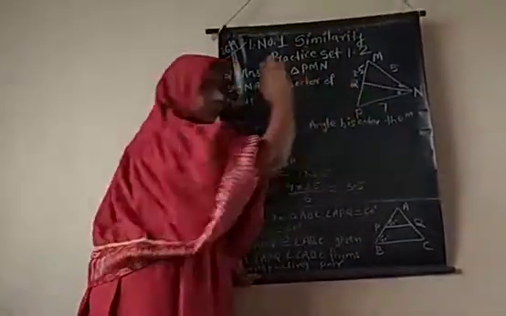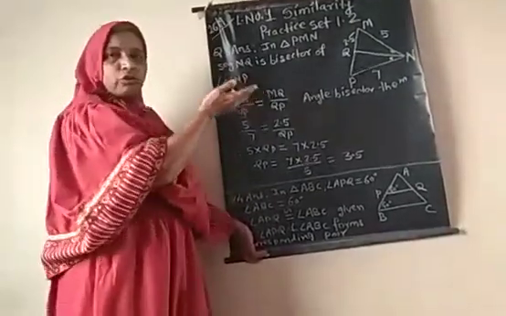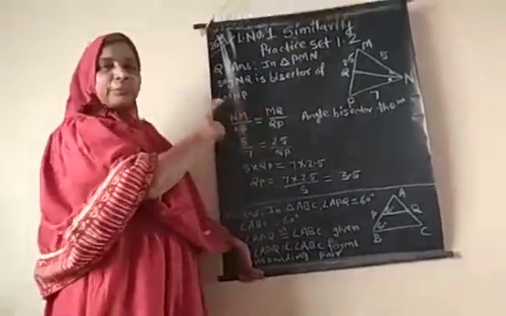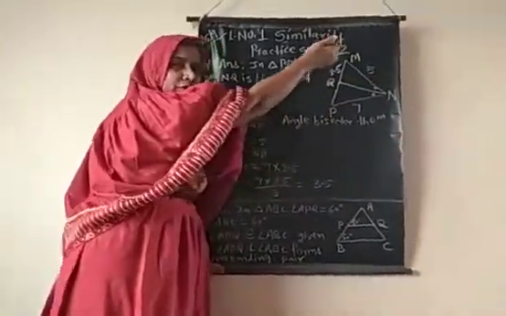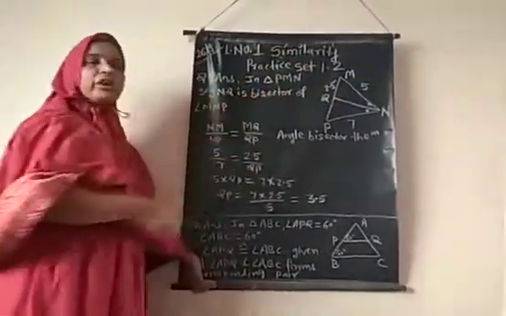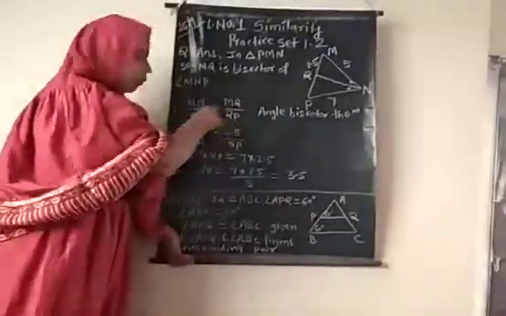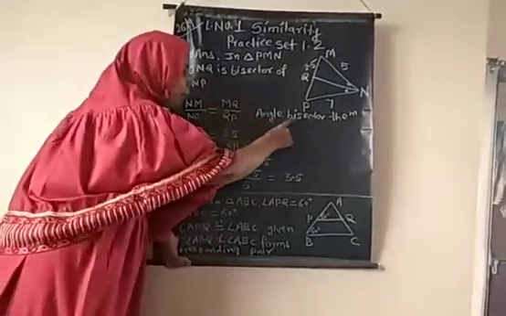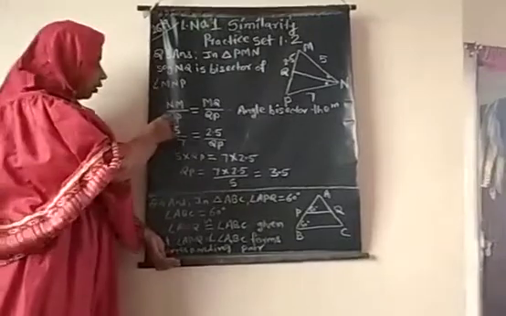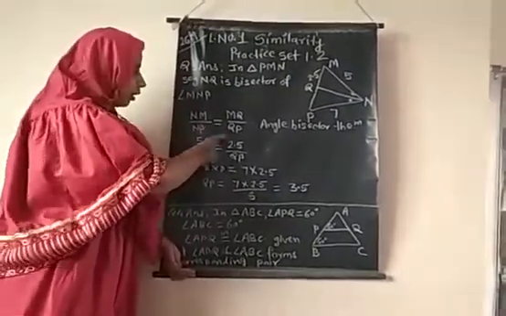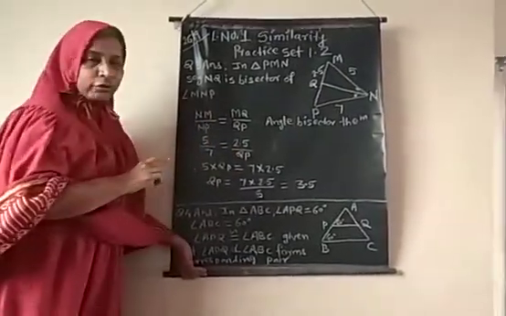Do not take the reverse ratio, otherwise your answer will come wrong. So, the order should be perfect. Whenever you take NM first in the first ratio, in the second ratio also you write in the same direction. So, NM upon NP is equal to MQ upon QP by the angle bisector theorem. Now, NM is given 5 unit, NP is given 7 unit, MQ is given 2.5 unit, and QP we are going to find.